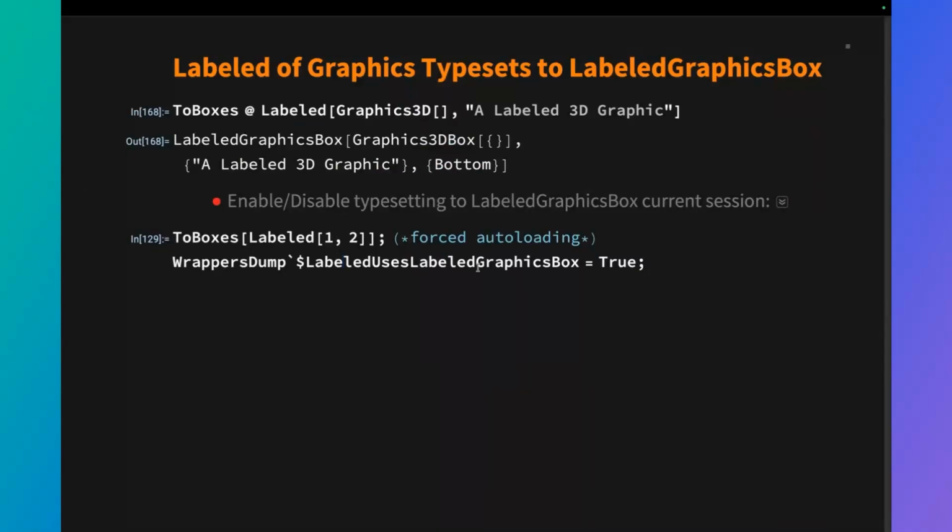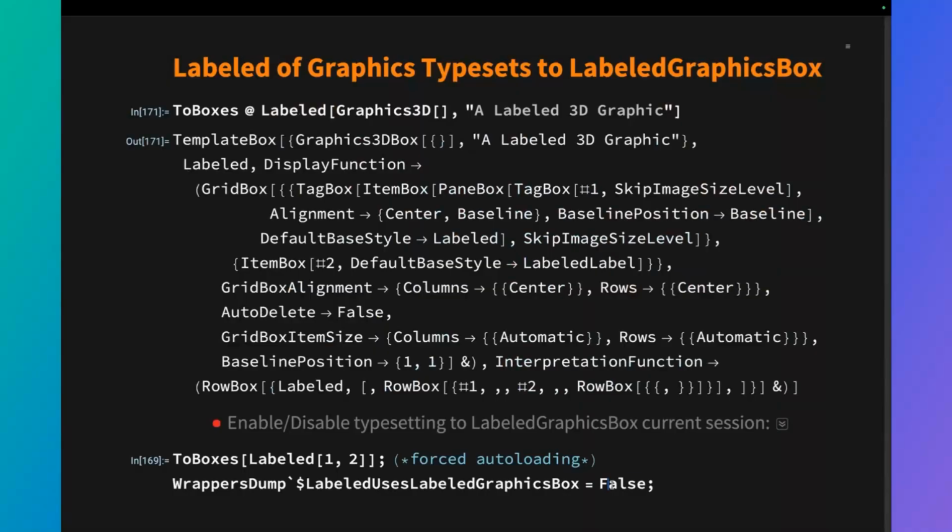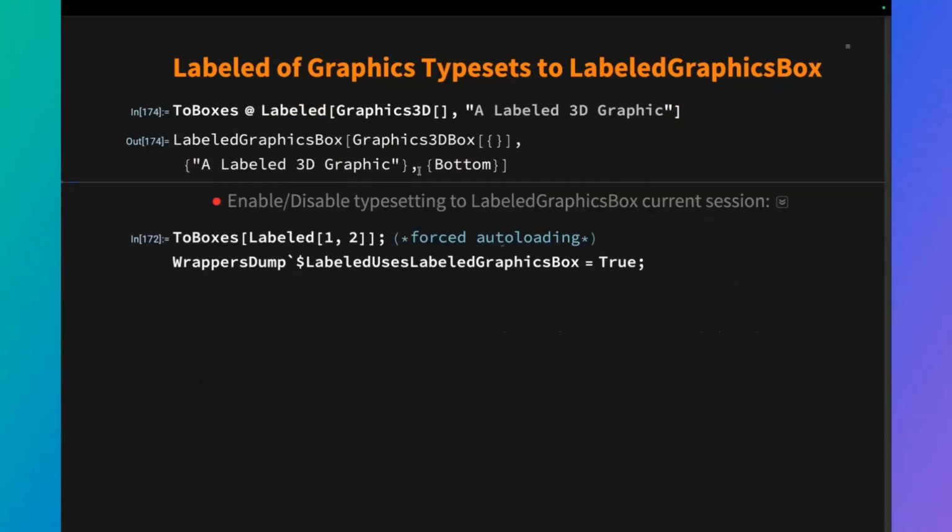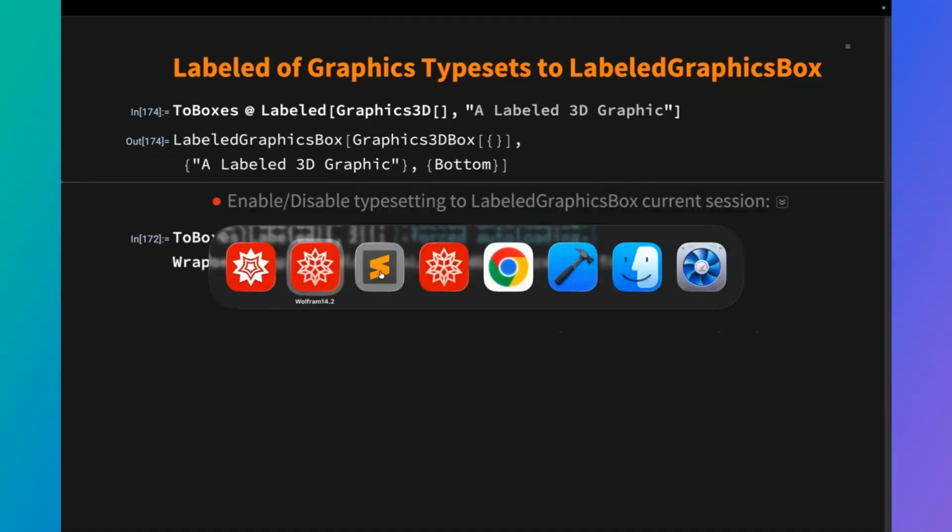Just to be able to disable or enable this, we've provided a wrapper, LabeledUsesLabeledGraphicsBox. So if you do want to disable this, you can always use that wrapper and set it to False, and then typesetting will go to that very complex expression. Or if you set it to True, it will use